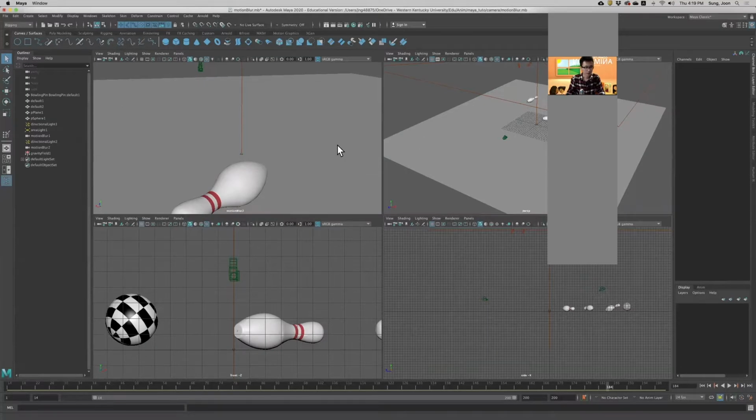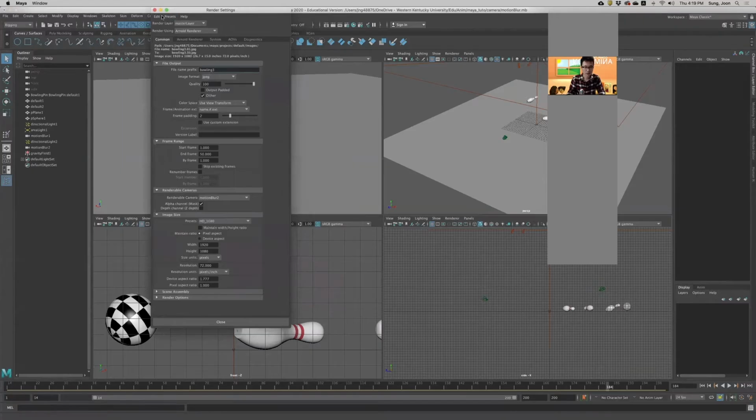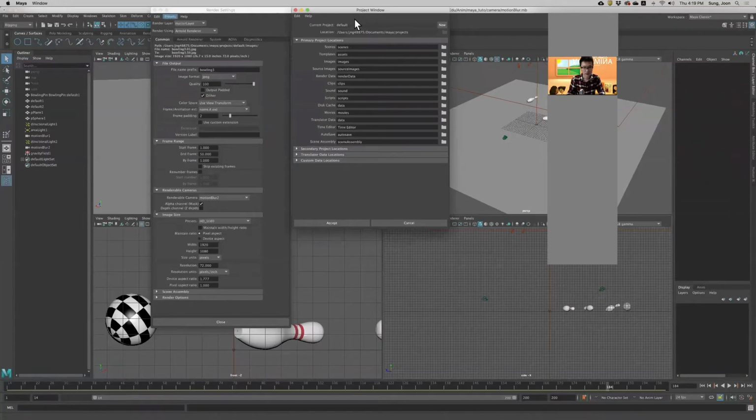Everything looks okay. Light intensity and colors look perfect. And then what you need to do, you need to go to render settings. If you go to render settings, you should see this edit and preset help. Go to edit and click on this. And then what do you see here? Edit and preset. You will see the project window right there. And here you'll see the current project, you should have default, and then you find the new button on the right. You click this new button,